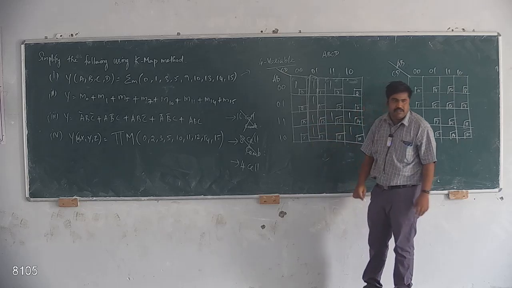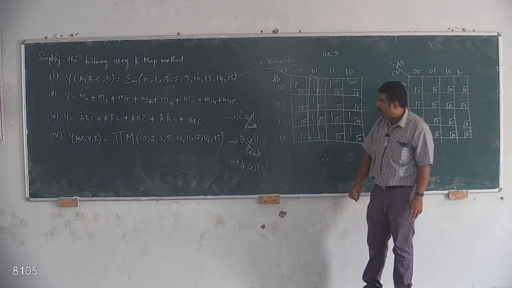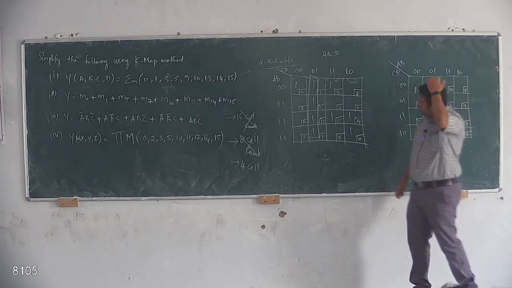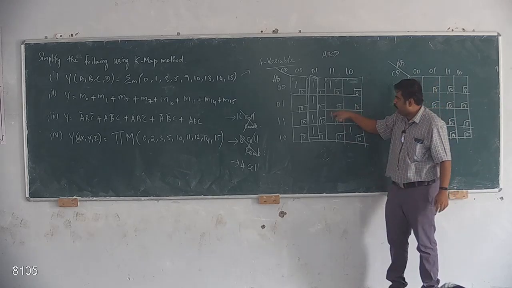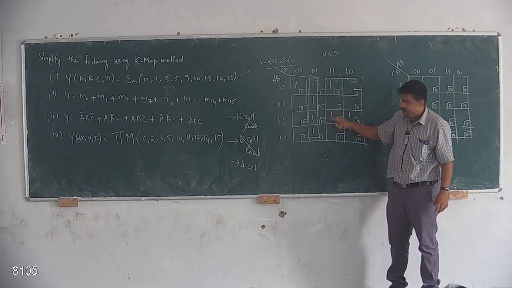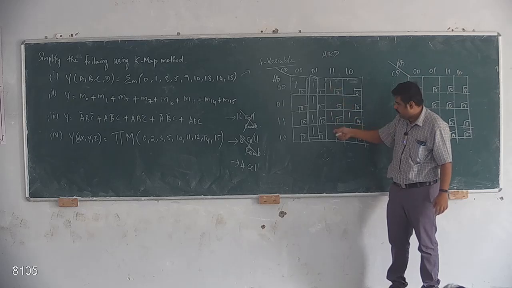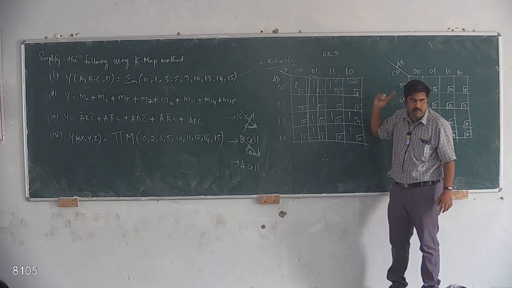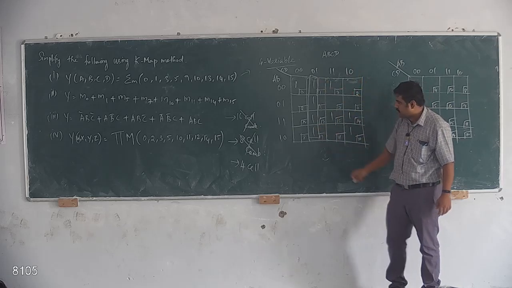So we are having this. Okay, 4 cell combination is possible. Any other 4 cell combination? This we can't combine. This is not adjacent one. If it is here, we can combine. Otherwise, here this 2 and this 2 we can combine. This is not adjacent. Okay. So what is the answer for this?